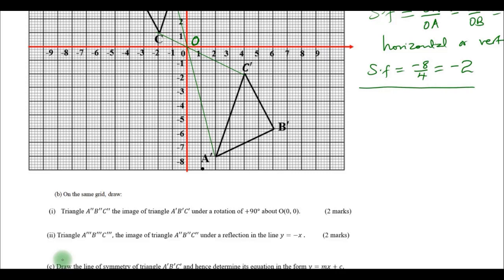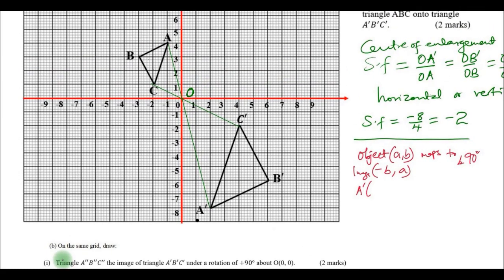We need to understand, if you have an object AB and it is mapped to another point through a rotation of 90 degrees, then this will be the point, that is 90 degrees positive, and that is the angle of rotation about center O. So this will be the image. So in our case, it means that A prime, which in our case is